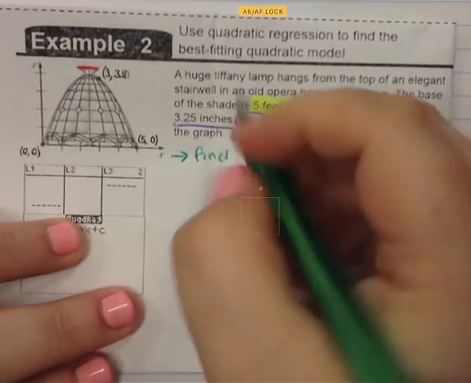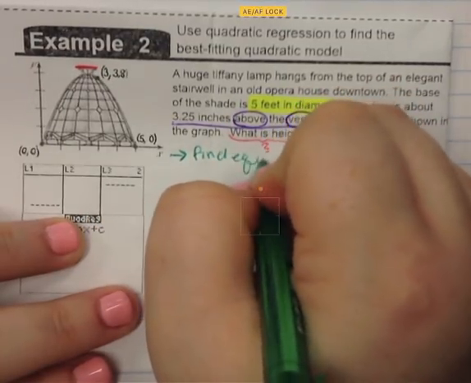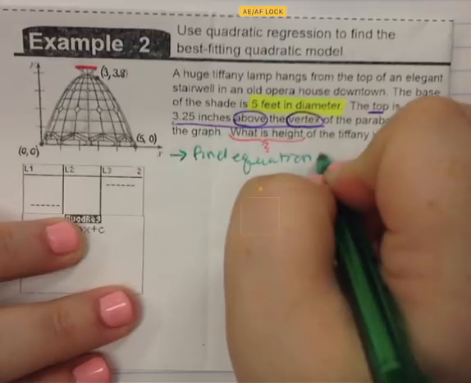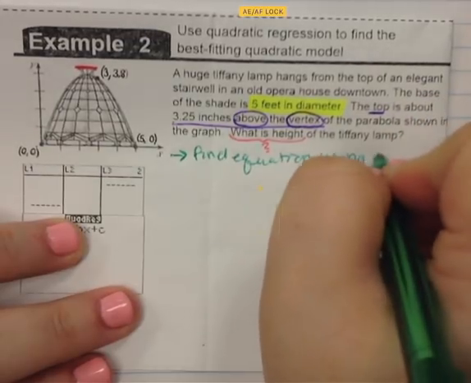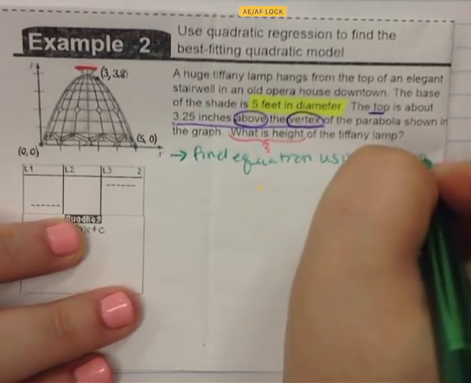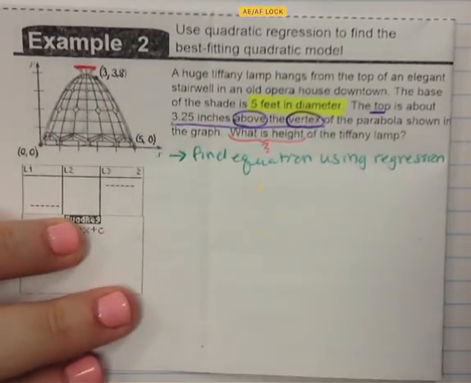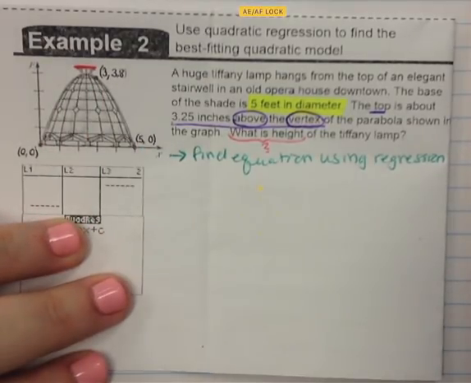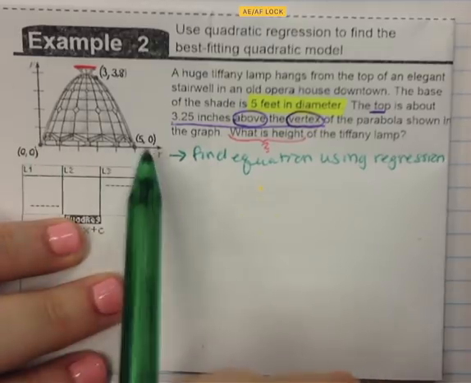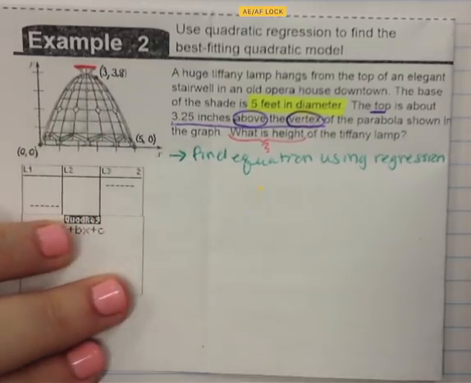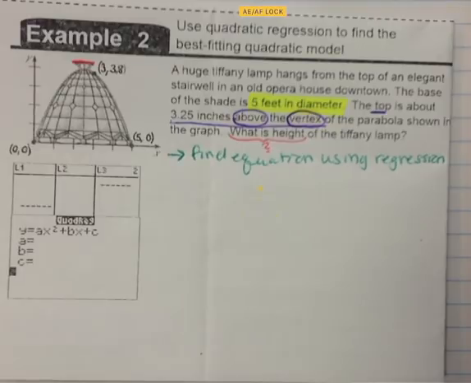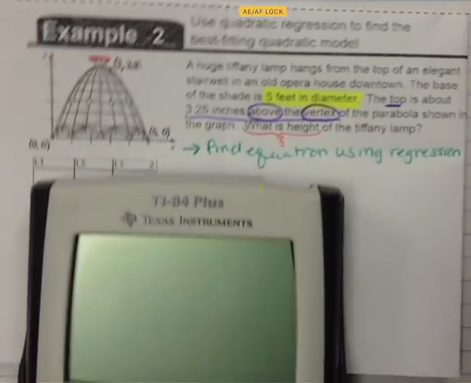Find the equation using regression, because we have coordinates. We do have our x-intercepts and we do have a third coordinate. So you could actually find this using intercept form. However, I want to show you in the calculator how much quicker this can be. So using a newer calculator,